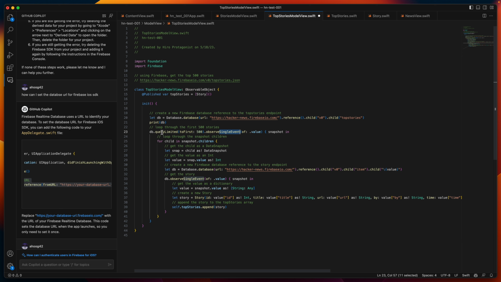But anyway, we're going to do a query to the first 500. We're going to observe that particular event. And for those values, we're going to flip through that snapshot. And this is interesting, actually. Now it's creating a new database reference to the item itself. This will look at the story, and then it's going to create a new story based on my story model, which I have open here. And it's going to populate those. It's going to append it